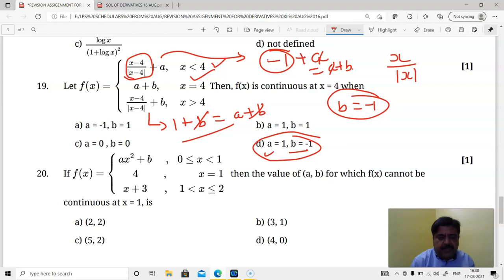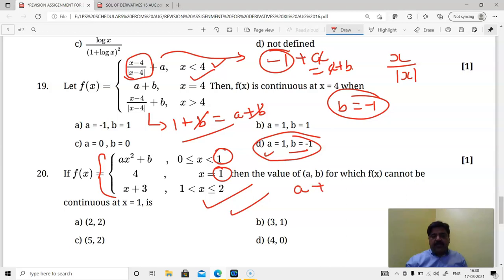Right? Again, the next question is basically a simple one where you are supposed to check its continuity only at 1. So directly doing this, a plus b is equal to 4, right? A plus b equals 4. Nothing else we can do, because left hand side is equal to right hand side. But at the point 4 has been given, so we are just placing the 4. But he asks, what are the values for which it is a discontinuous function? That is an important turn in this kind of question.